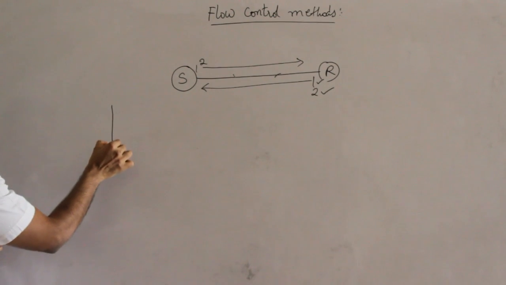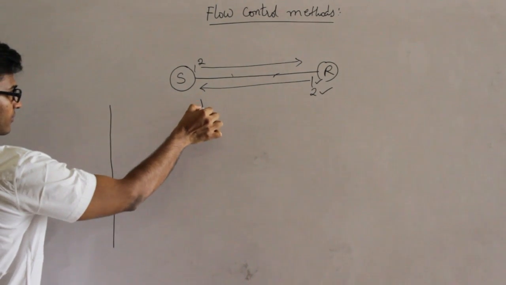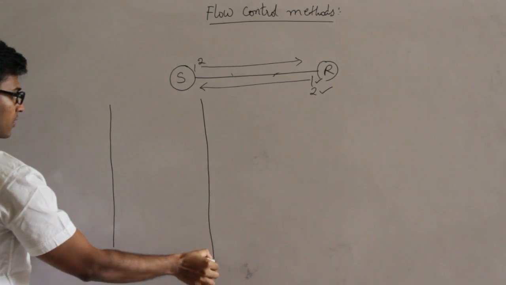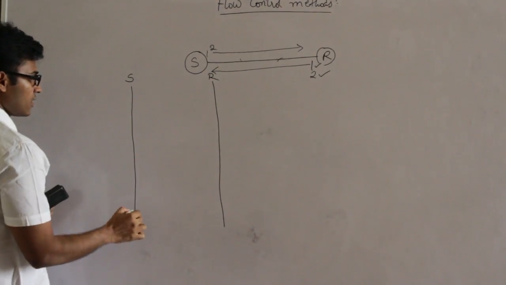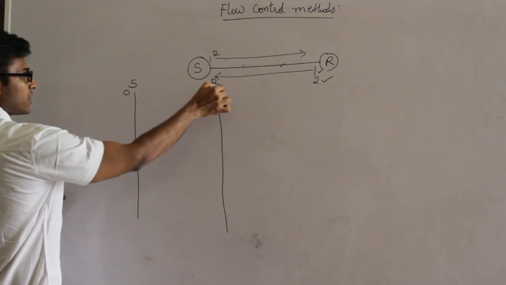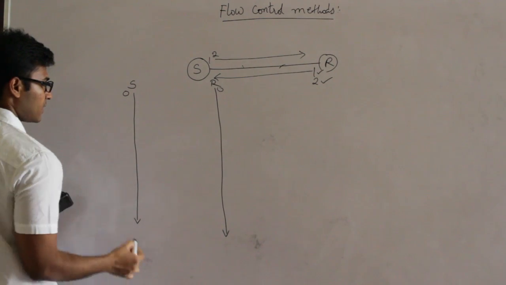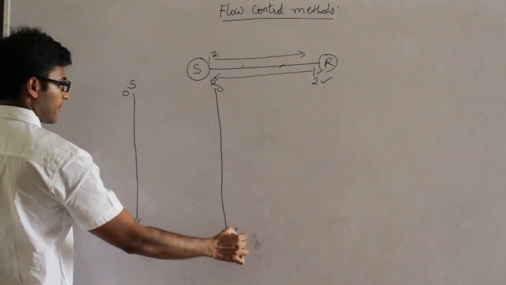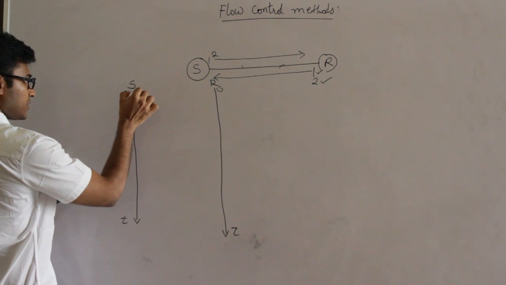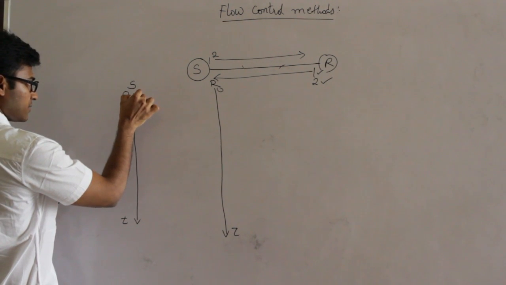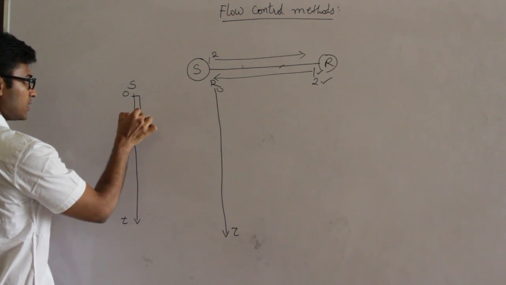So I am going to use this diagram throughout. This is the timeline. Okay, this is the sender side and this is the receiver side. Let us assume that time starts at 0 and increases down the lane. Okay, and now say the sender has started transmitting the packet at this time and it transmitted the data till this point.